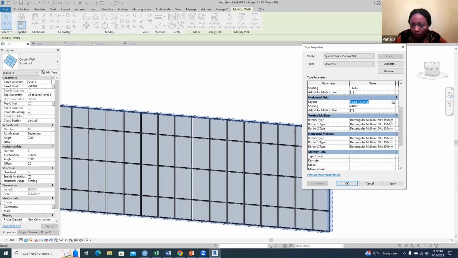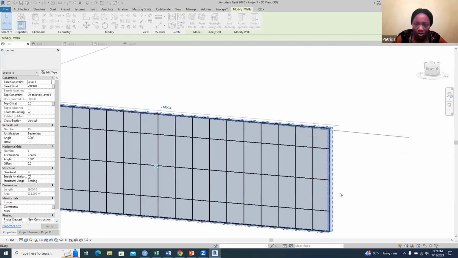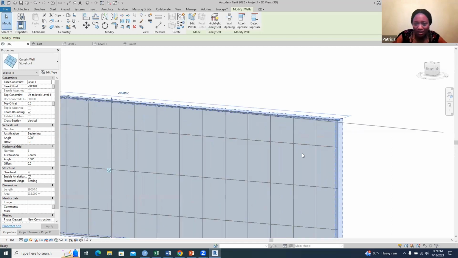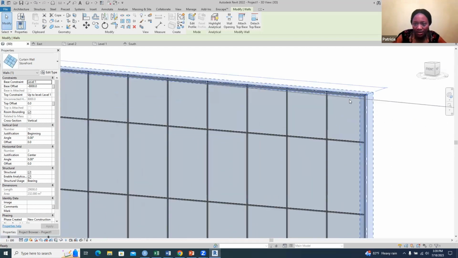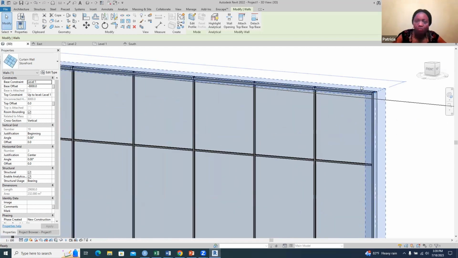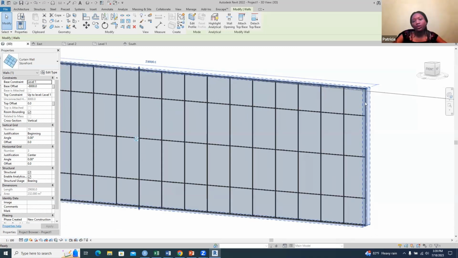the vertical mullions, we have interior type, we have the border. So we can change the size of the interior mullions. We have 50 by 100. We can make it smaller. Let's say we're picking rectangular 30, and then we change the horizontal to 30. If we apply it, okay. So you see that the interior mullions are now smaller in size, and then the borders, they are bigger mullions